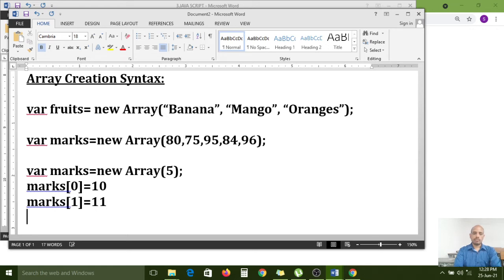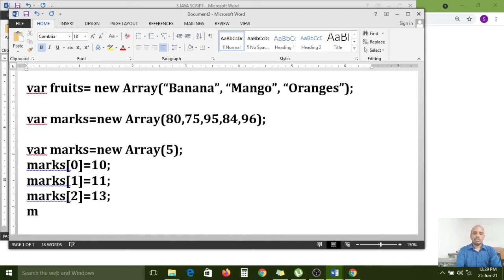So 11, marks square bracket second index 13, marks third index equal to 14, marks fourth index equal to 15.